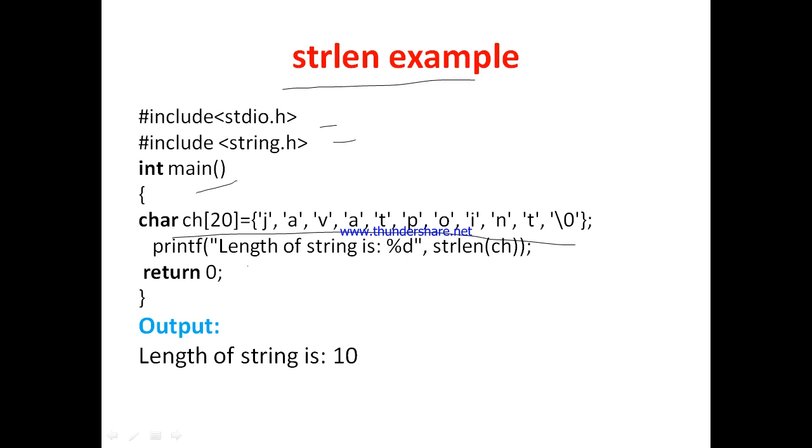When we display, the length of string is equal to %d, so instead of %d, the value of strlen(ch) is printed. The output is that the length of string is 10. If you count the characters, it has 10.